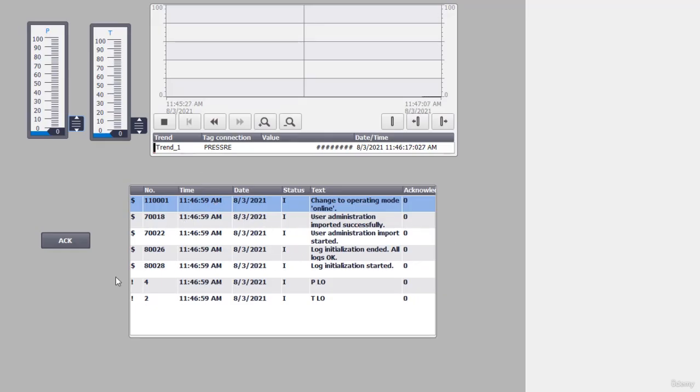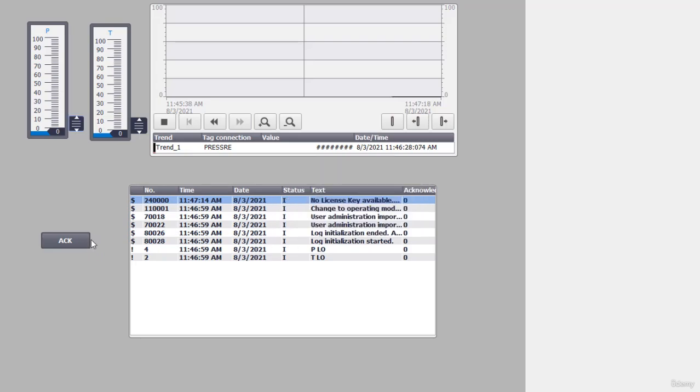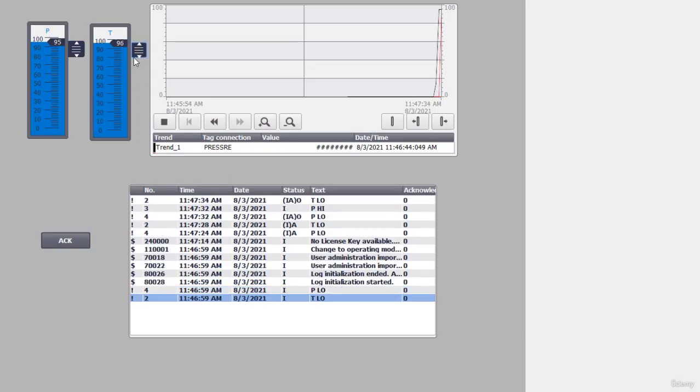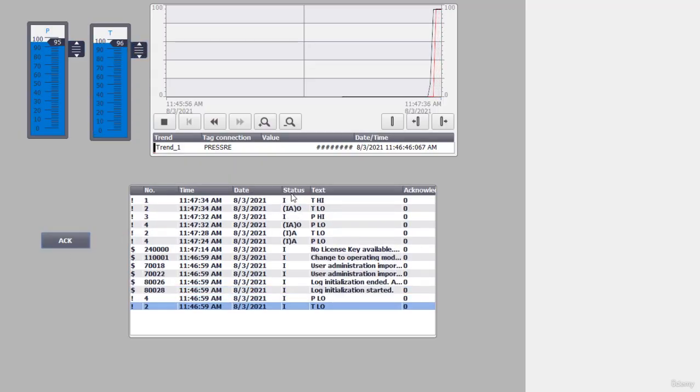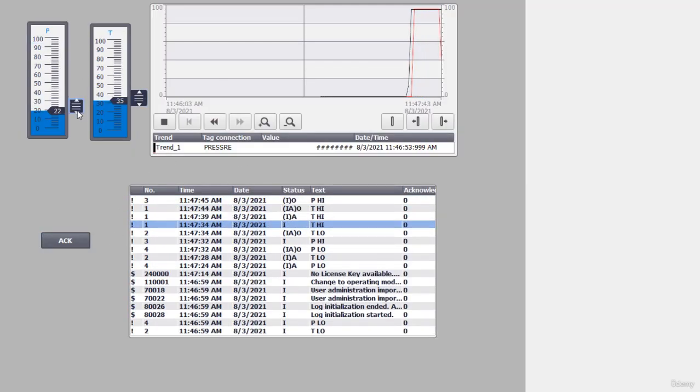So the low alarm is present. I think pressure is low, temperature is low, and I'm going to acknowledge this. You can see both of them have status 1. I'm going to acknowledge it. Click the acknowledgement button. See what happened. Select that, acknowledge. The pressure low has been acknowledged, and temperature low is also acknowledged. The operator sees that pressure and temperature have been acknowledged. Now we can again acknowledge whatever is right here, ACK, acknowledge and acknowledge. So this is the alarm view and alarm acknowledgement.